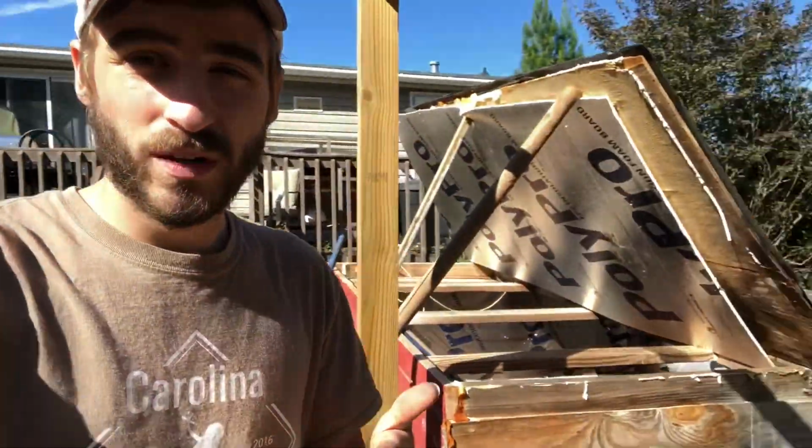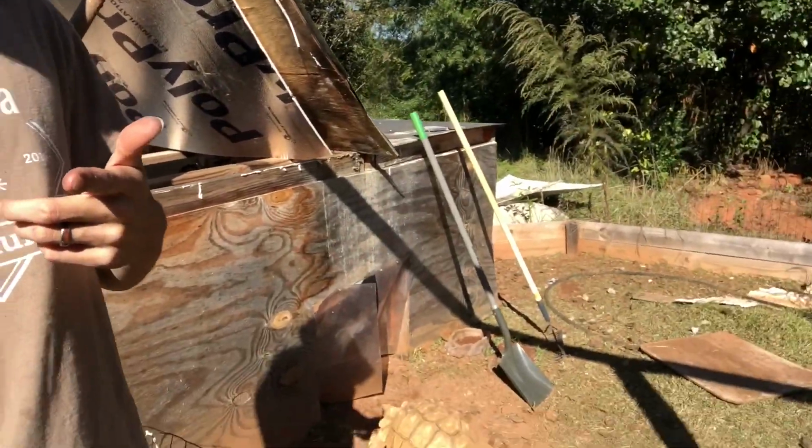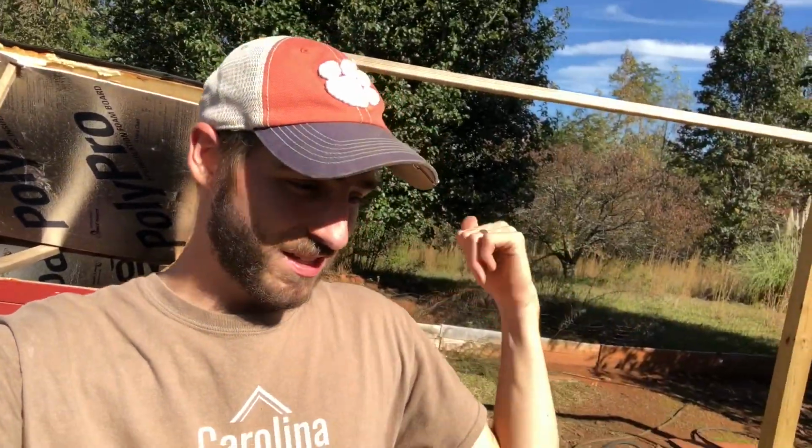So as you guys, if you've seen my other videos, we have built him a shelter right there. Not really finished yet still, but he stayed in it all winter last year. I was able to keep it heated. Unfortunately, for my electric bill, it was almost $100 more just to keep that thing heated because I didn't insulate it enough. So now that it's fall, now that it's not 100 degrees outside, we are outside working on this